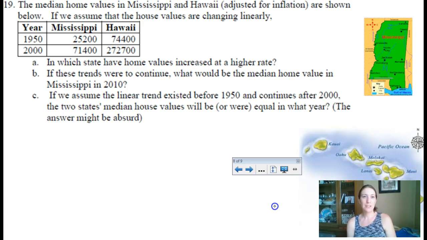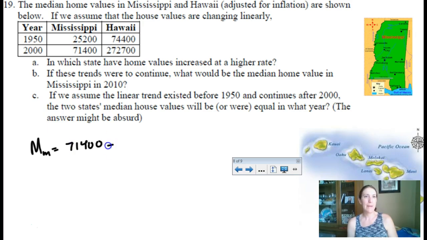Which state has home values that are increasing at a higher rate? Well, I have a feeling I know the answer, but we should probably compare that, right? A higher rate is fancy talk for slope. So how do I want to notate this? Remember, we use M for slope. So let's say the Mississippi slope, sounds weird, was